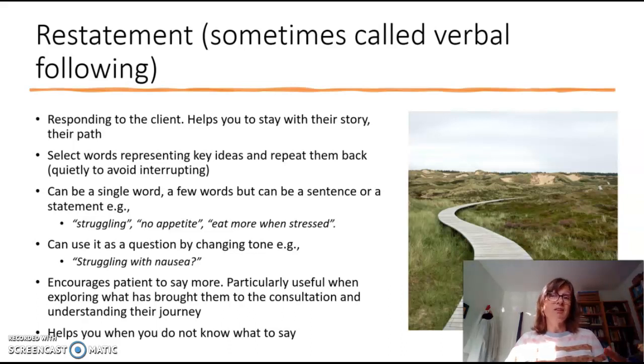So if someone's telling you, I'm really struggling with my appetite at the moment, I've got no appetite at all anymore, you might just pick up on the words, you're struggling, I've got no appetite. Those kinds of things. Or we can phrase it and say it in a tone that is questioning. You're struggling with nausea. So we're encouraging people to say, yeah, I really am. It's particularly bad in the mornings or whatever. So that we're encouraging them to say more. And that's the whole point of it. We're showing the patient we're with them, we haven't zoned out, we're still there, and